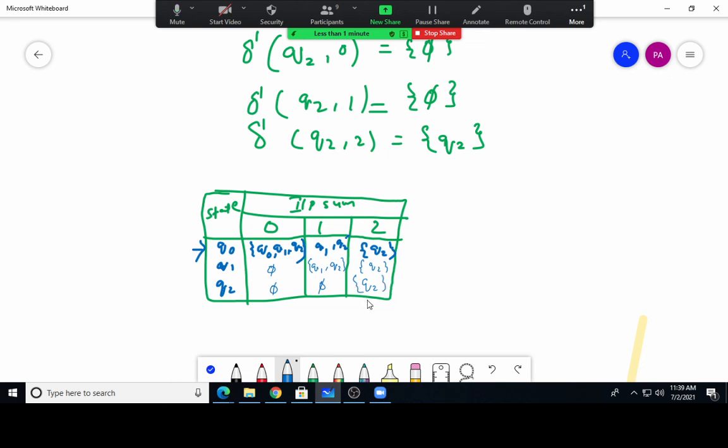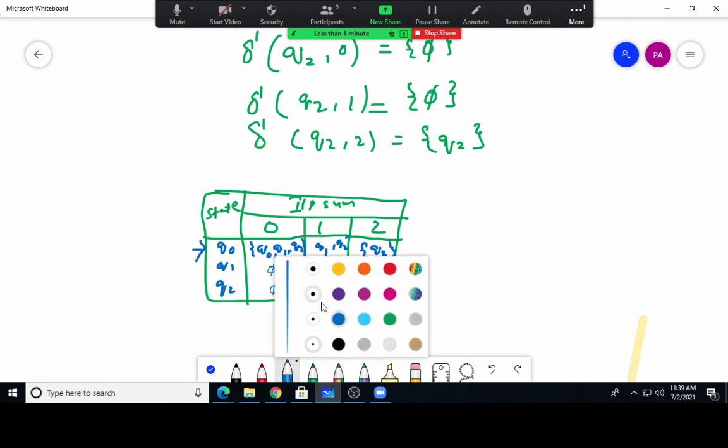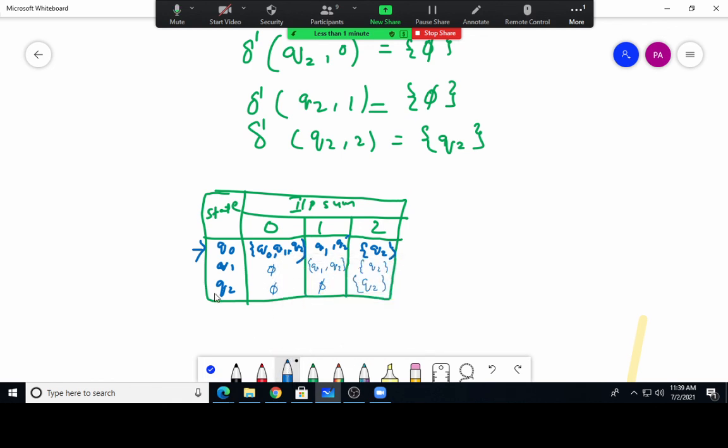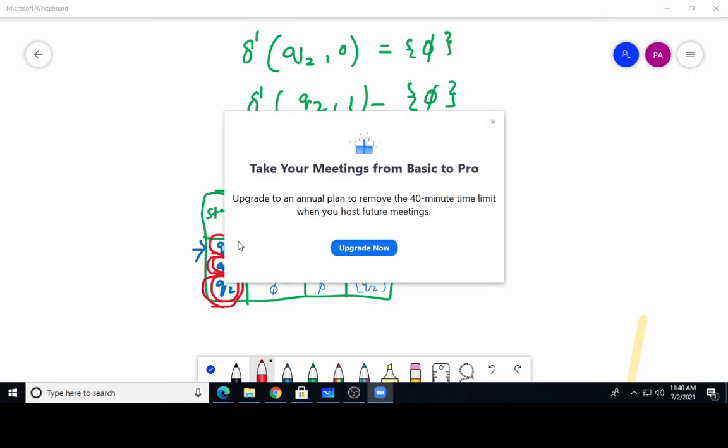So here we need to see which one is the final state. With the red color I will mark this one. This one is the final state, but you can see this Q2 is present in all of Q0, Q1, Q2. So that means here all are final states. If in any state